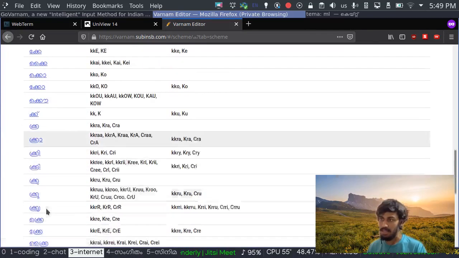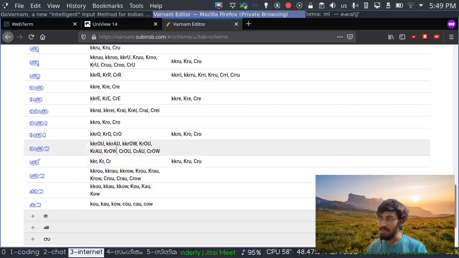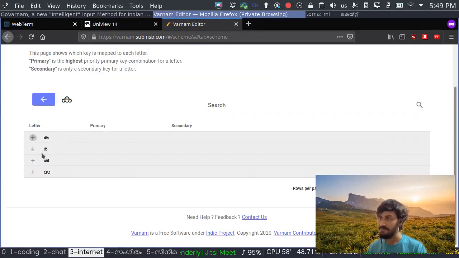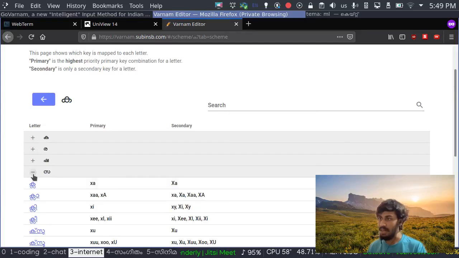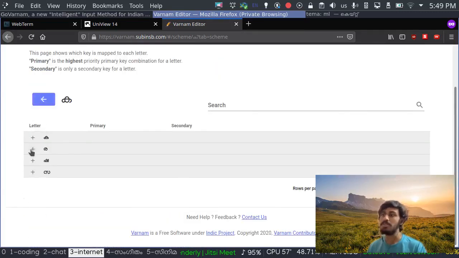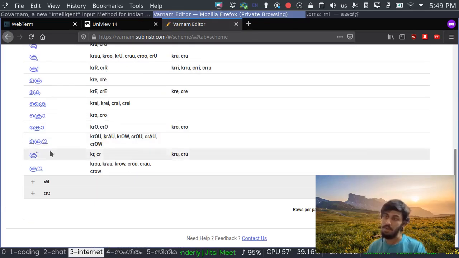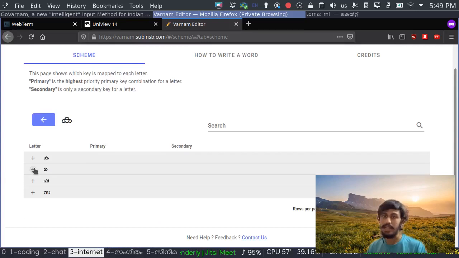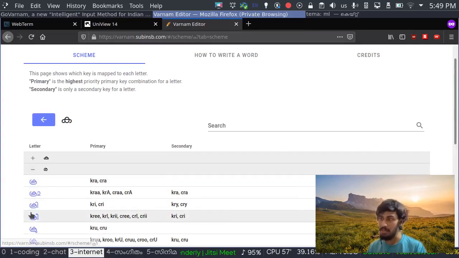Ka, etc. So there will be many combinations for all those combinations of consonants. Let's say combination with Sa. So likewise, there will be many combinations of letters with the letters again and again. So all these combinations can be easily found out to know what pattern you need to type to get this.